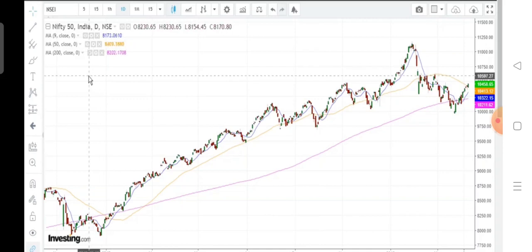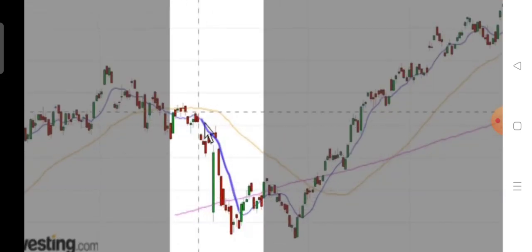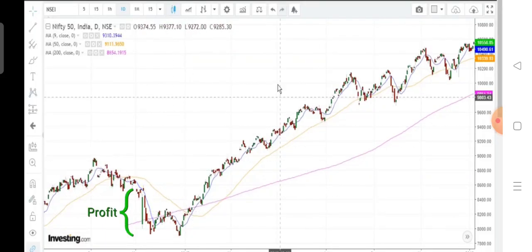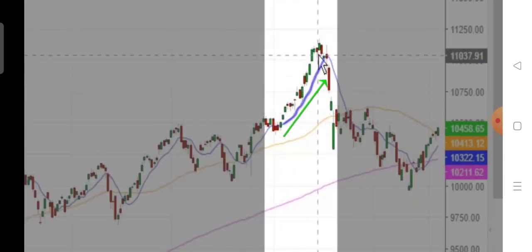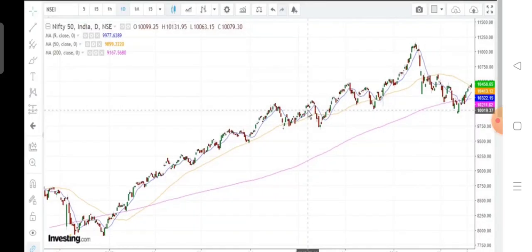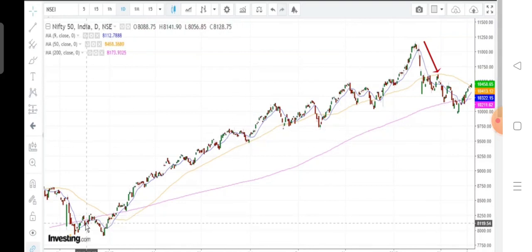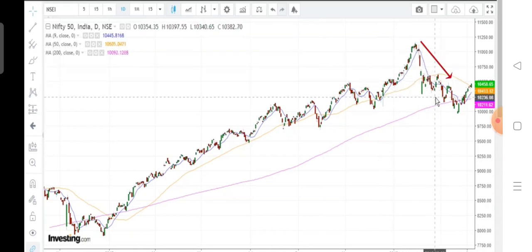As we can see here, initially the shorter term moving average was falling very steeply, and you can see how strong the down move was. If we had sold in that move, we could have gained profit very fast. Similarly, in the beginning of 2018, the up move was quite steep, and the slope was very steep. The significance of a steep moving average is that once it is broken, the price goes below it in this case and above it in this case, and the counter move is also very fast. Here you can see the way the counter move happened.